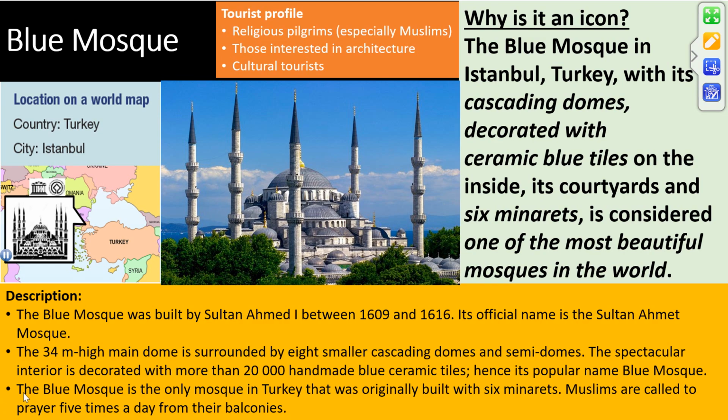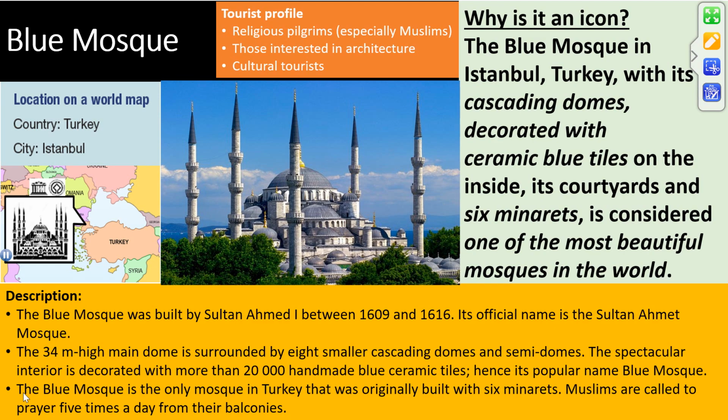Now, the Blue Mosque is located in the city of Istanbul, and if you look at the top left-hand side of your map on your screen, you will see where Istanbul is located. If you take a look at why this is an icon, you will see that it has cascading domes, which are decorated with ceramic blue tiles on the inside. It has courtyards and 6 minarets, and this is certainly considered to be one of the most beautiful mosques in